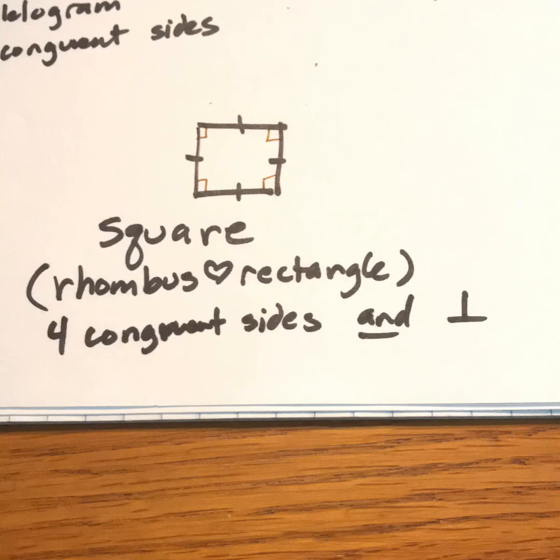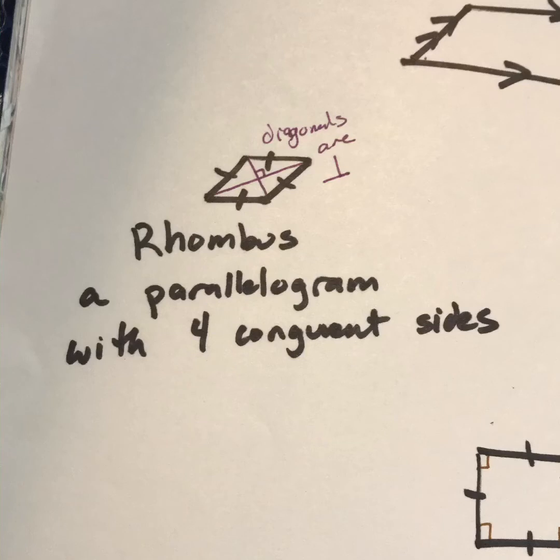not all rectangles are squares because not all rectangles have 4 congruent sides, just 2 pairs of congruent sides. Similarly, every square is a rhombus because every square has 4 congruent sides, but not all rhombuses are squares, rhombi, because not all rhombuses have 90-degree angles. Speaking briefly about the properties of these things, what you should know about rhombuses or a